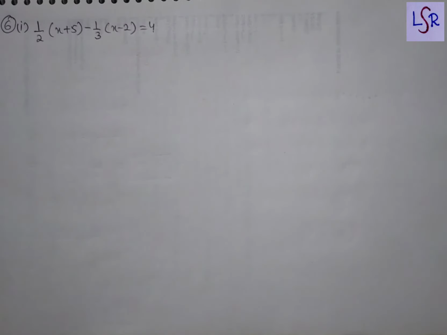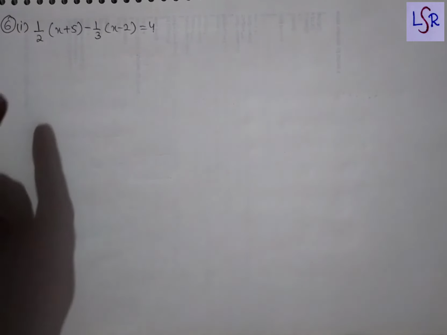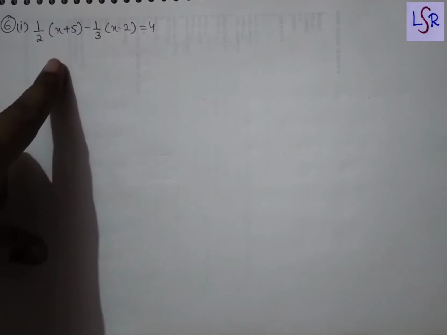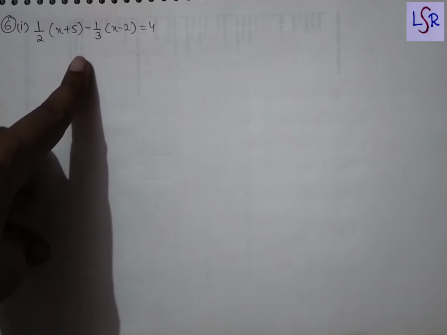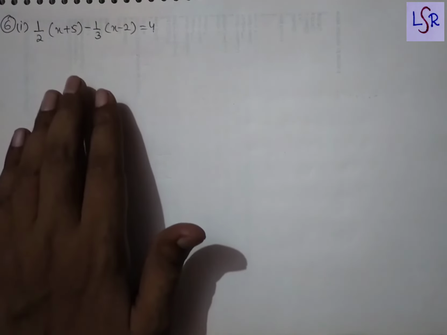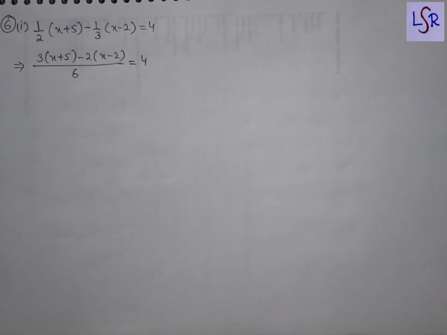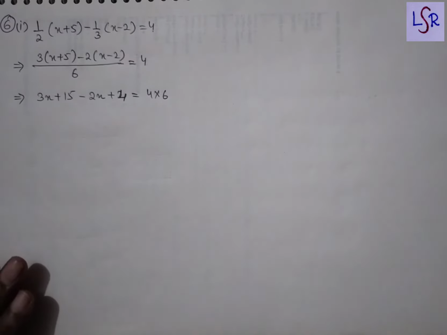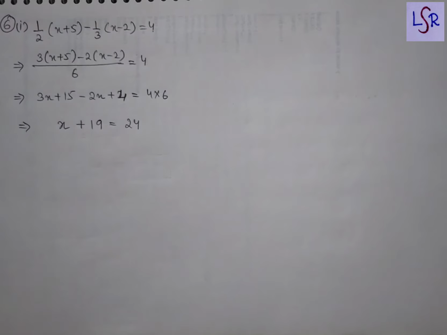Here we are having question 6, first part. Here in LHS we are having 1 upon 2 in a bracket x plus 5, then minus 1 by 3 in a bracket x minus 2 equals to 4. Very first of all, again we are going to take LCM in LHS, and we have got this. Now we'll open the bracket, and on opening the bracket and making a transpose of 6 on the other side, we have got this. Now we'll just solve the like terms, and then we'll make a transpose to find the value of x. And here we get 5 as the answer for this question.